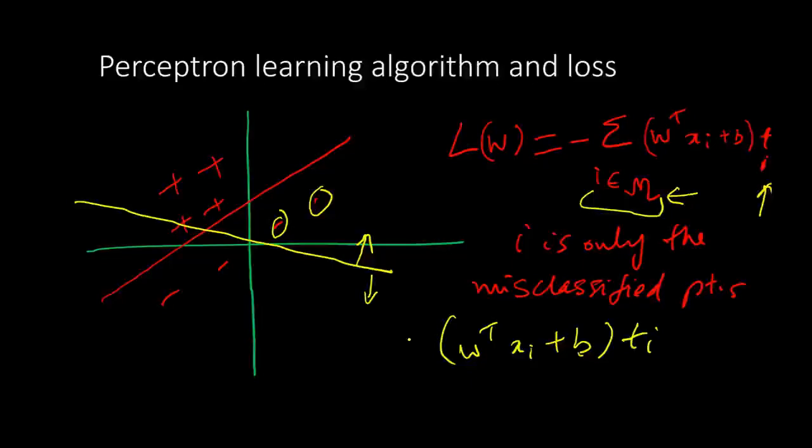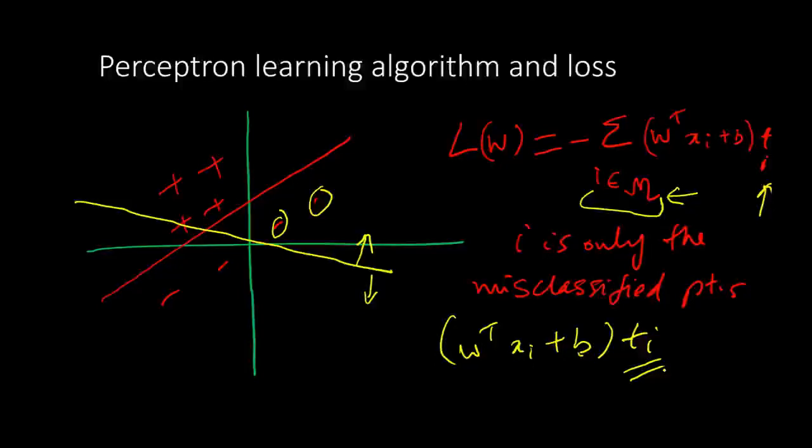So basically you can think of this yellow line as a mirror, and we are folding both sides onto one side of the mirror, the negative side and the positive side, by multiplying with ti. So once we have folded it on one side, then we just have to ensure that everything falls on the right side of that mirror. The signed distance has to fall on the right side of the mirror.